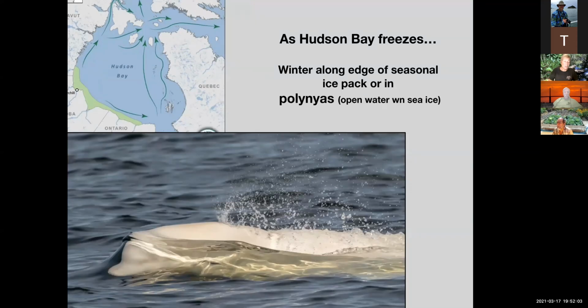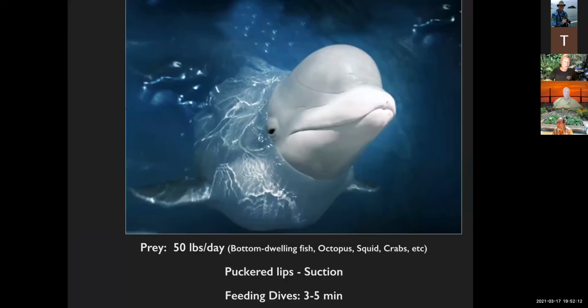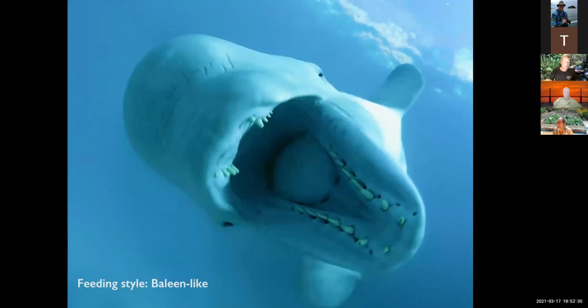As the bay freezes, the animals head north and spend the winter along the edge of seasonal ice pack or within polynyas. They eat a hefty amount each day, up to 50 pounds of various types of seafood. And interestingly, even though they're toothed whales, they use those puckered lips to suction prey into their mouth. They will occasionally grasp, for instance, a larger fish with the teeth, but more typically they suck the prey into the